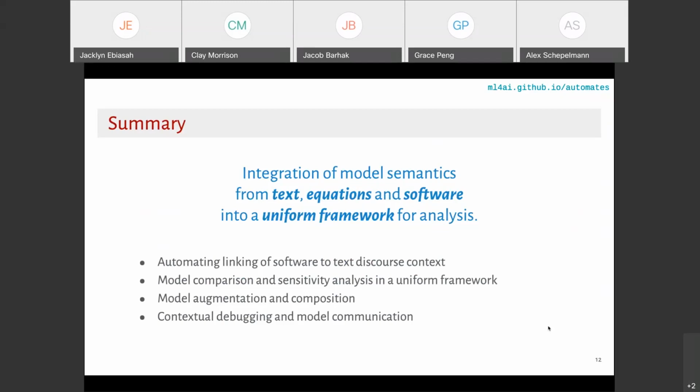Right now, if a domain scientist has their computational model, they can put the source code available online or pass it through email, but that thing still needs to be hand analyzed. Now in this framework, we can read in several models, start doing this kind of analysis, comparison, and augmentation.